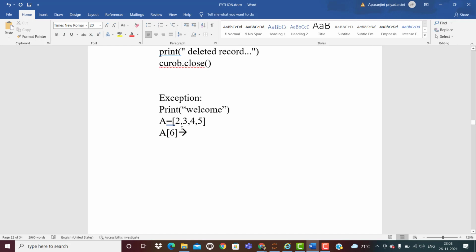So we are unaware of this index, and at that time it is not possible to correct it here. This type of situation we need to handle using exceptions in Python.